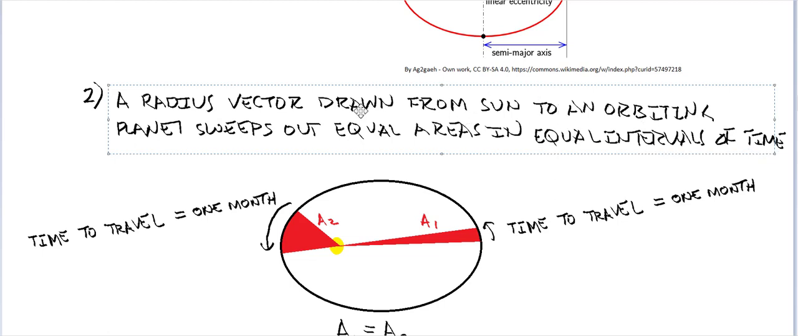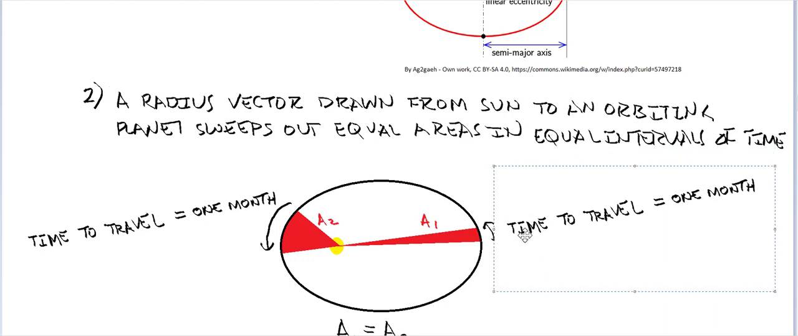If you draw a radius vector connecting the sun to the planet, and you follow that radius vector over time, it will sweep out an equal area in equal time intervals. So if the planet was here, and then 1 month later it was here, when it's far away from the sun, then when it's close to the sun, if it's here, 1 month later it will be here, such that the